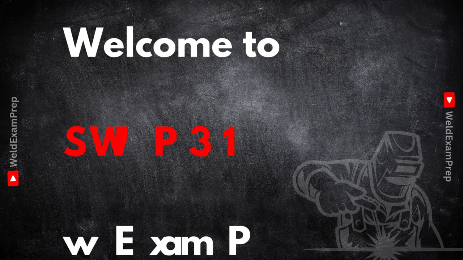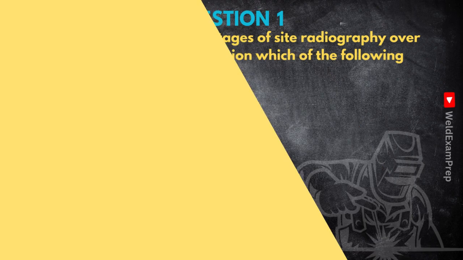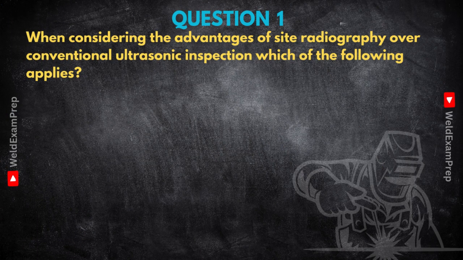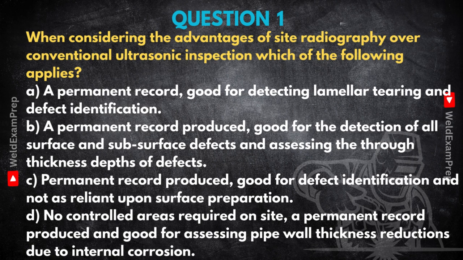First up, non-destructive testing, a big one. Here's a question. When you're considering the advantages of site radiography over, say, conventional ultrasonic inspection, which of the following applies? Is it A, a permanent record, good for detecting lamellar tearing and defect identification, or B, a permanent record produced, good for detection of all surface and subsurface defects and assessing through thickness depths of defects, maybe C, permanent